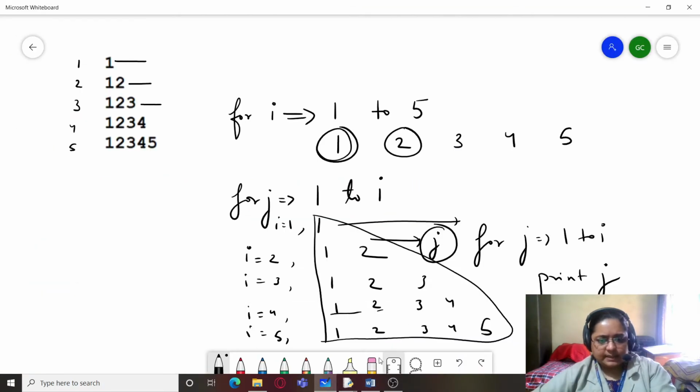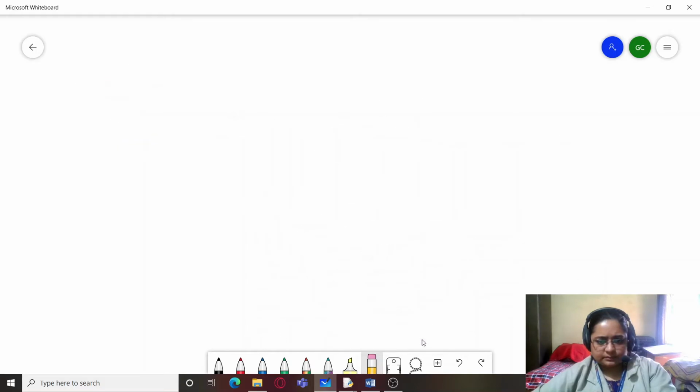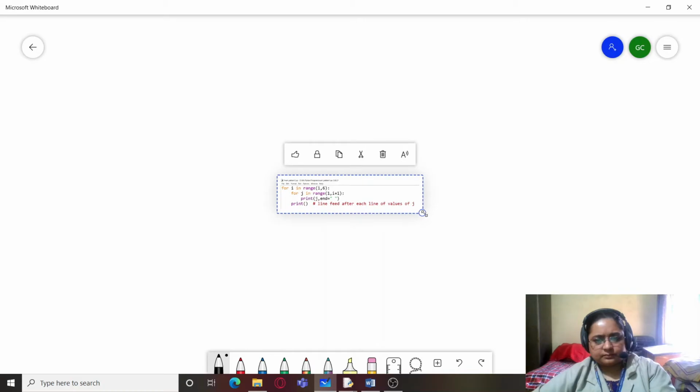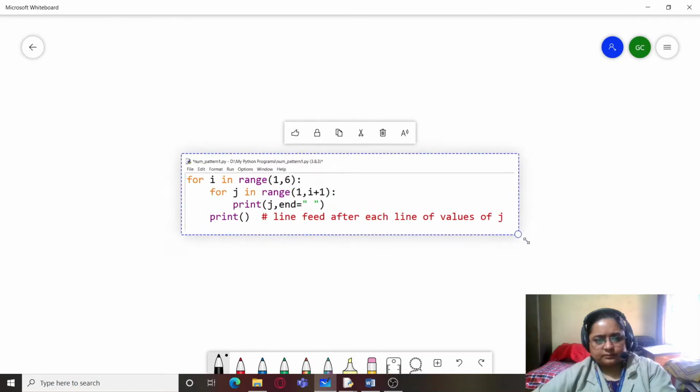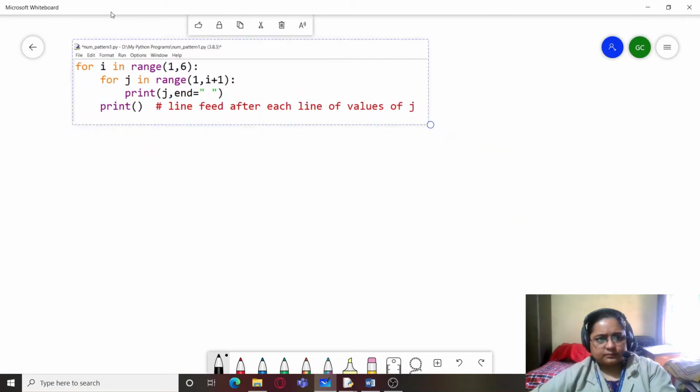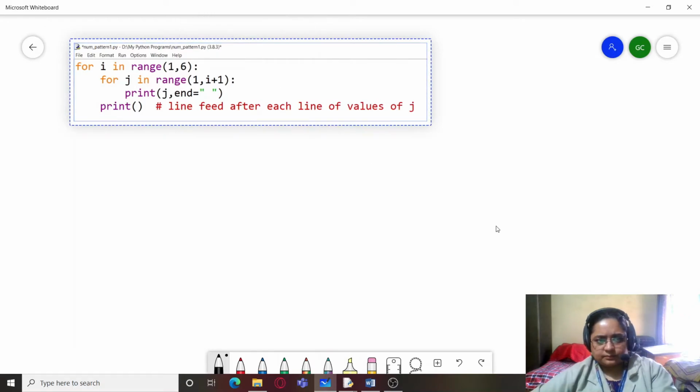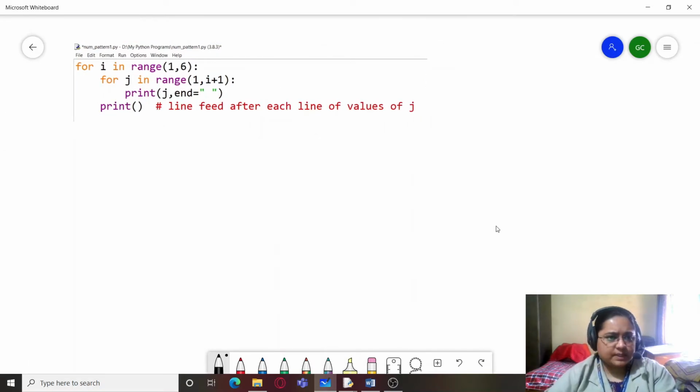We had already seen the dry run here, but we will be seeing it once more. So firstly I, then j. So the value and the output is going to be printed somewhere here. So I in range 1, 6.